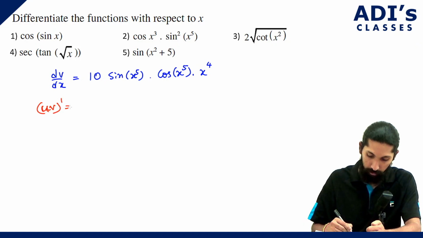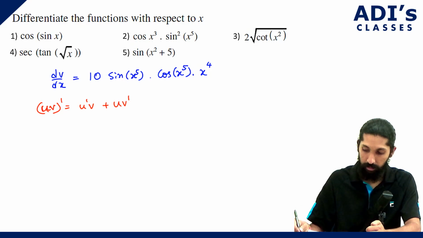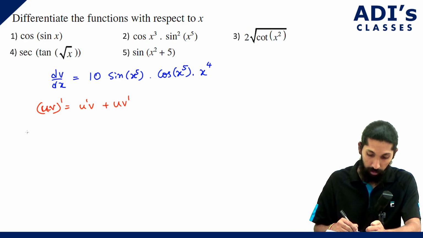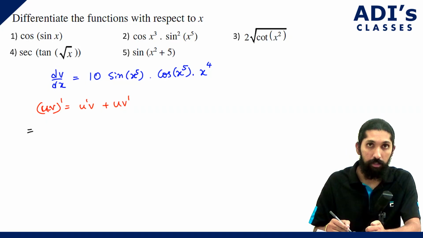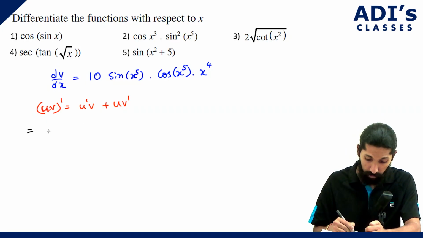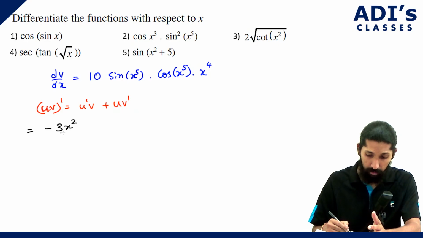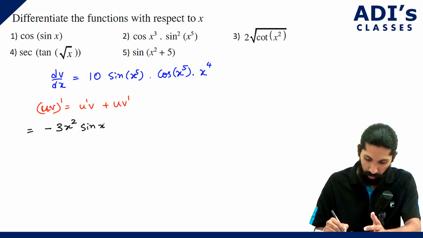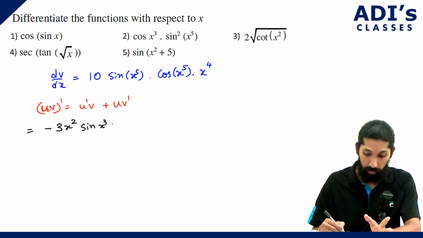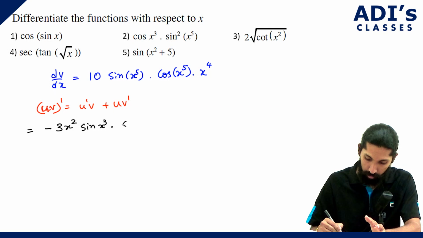uv whole dash is u dash v plus u v dash. First is u dash, we have already calculated u dash, isn't it? So what is u dash? Minus 3x square, negative because of the cosine, right? So minus 3x square into sine x cube, this one into sine square x power 5